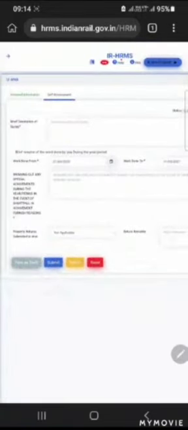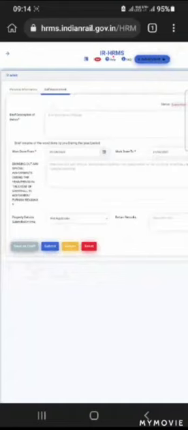And then on the second tab you click on the self appraisal tab. On the self appraisal tab you can find four sections. In the first section you will find brief discussion of the duties, and in the second section work done from the upper period will be shown, and in the third section you can enter any achievements if you have received. And the fourth section pertaining to income tax, you need not touch that.